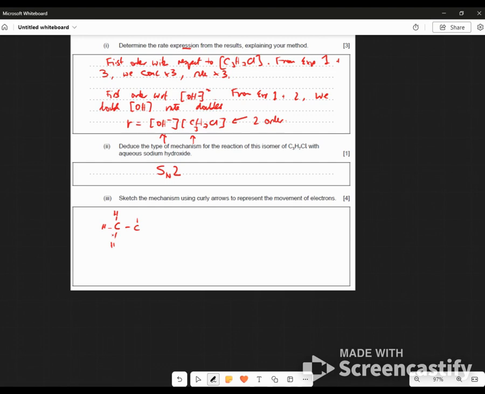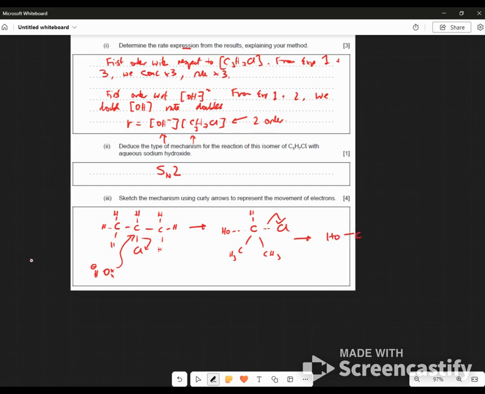Then we've got a CH, and we've got a Cl here. And we've got a CH3 here. So what happens is my OH minus comes in, attacks there, and at the same time this starts to leave. So we get this intermediate, don't we? We get the CH3, CH3. This thing is coming in, and this thing is leaving, and then this eventually leaves, and we get